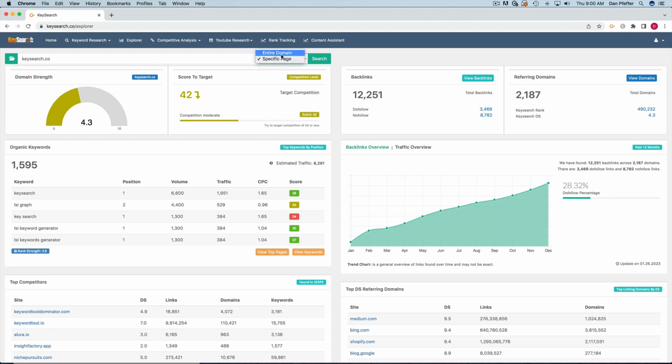If you wanted to search a specific page, you set it to a specific page. And this will give you our domain strength score, which is how strong Keysearch sees your domain. A basic good practices score to target. For this domain, we don't want to really target any keywords that are over 42 in difficulty. That's just our guidelines. You can decide for yourself what you think of that, but we're just giving you a basic guideline. Gives you the overall backlinks, do follow, no follow, referring domains,